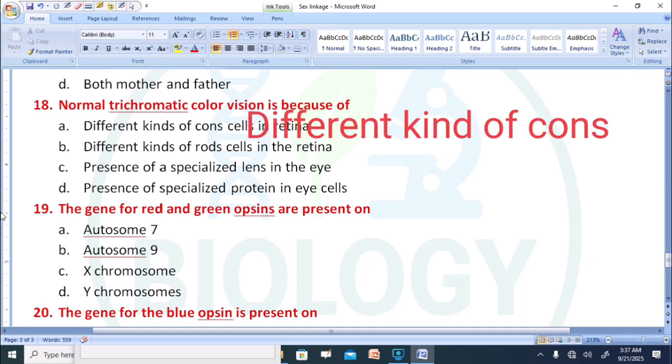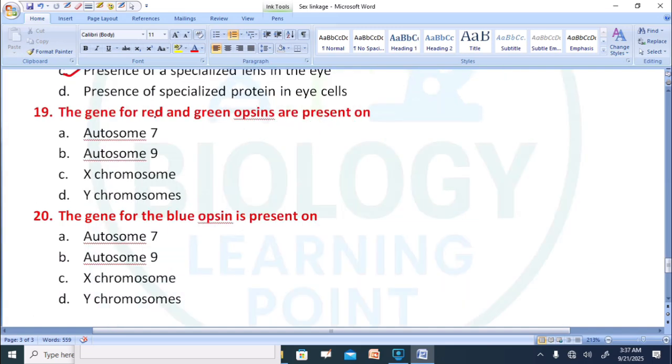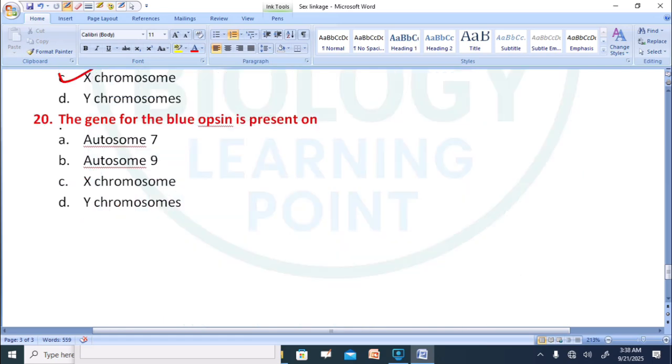The next question: the genes for red and green opsins are present on option A autosome 7, option B autosome 9, option C X chromosome, option D Y chromosome. So the right answer is option C, X chromosome. The gene for blue opsin is present on option A autosome 7, option B autosome 9,